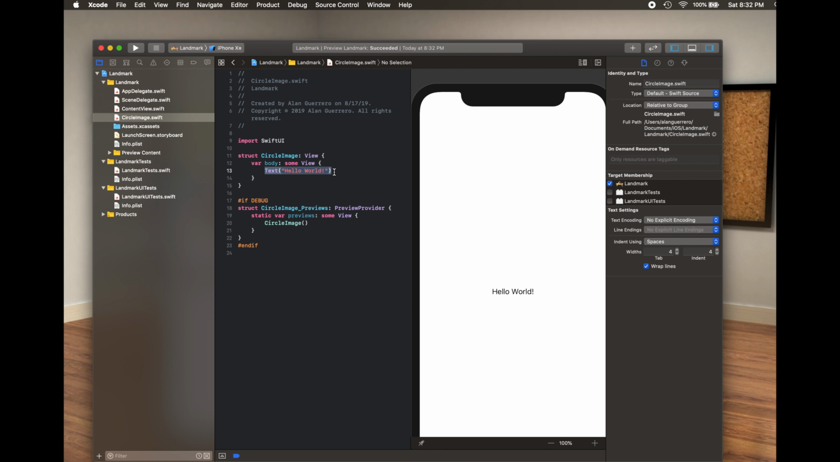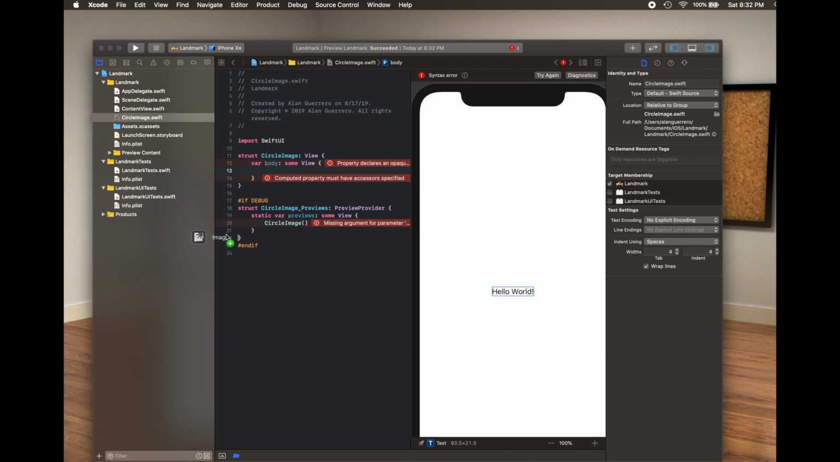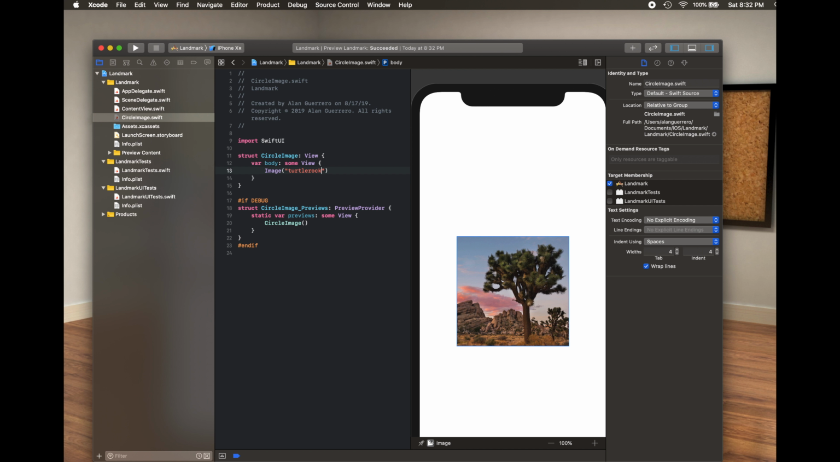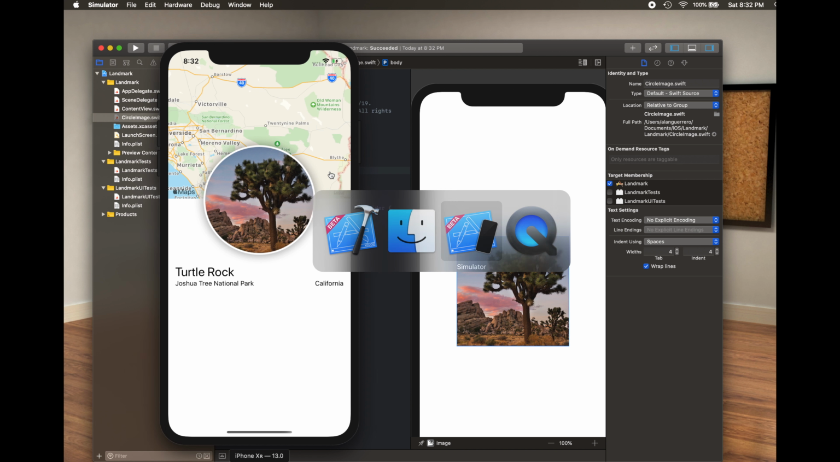We're gonna remove this text and we're gonna go into our top right plus sign. We're gonna look for image. We're gonna drag it into our body, and instead of using image name, we're gonna paste the name of our image, which in our case is Turtle Rock. And if we go into our simulator,